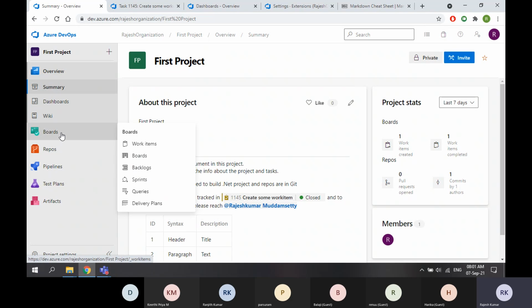But if you are just a member of this project, that's enough to see these summary pages, dashboards, wiki pages. Even though you are not working on anything, you can still go to the project and see all these dashboards, wiki pages, and summaries. So that is the purpose of overview.